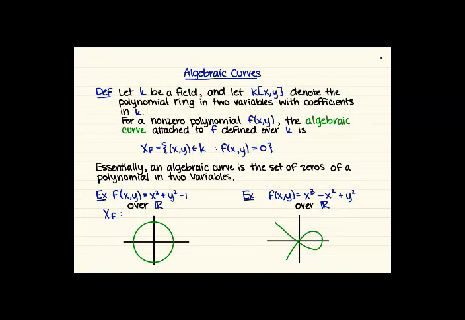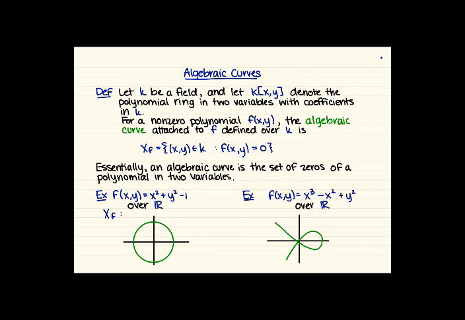In this video, we're going to be looking at algebraic curves and figuring out what's going on with these in preparation for learning about Goppa codes. So, for the definition of an algebraic curve, let K be a field, and suppose we're looking at polynomials in two variables, x and y, that have coefficients in K. If we've got a non-zero polynomial f(x,y), then the algebraic curve attached to f defined over K